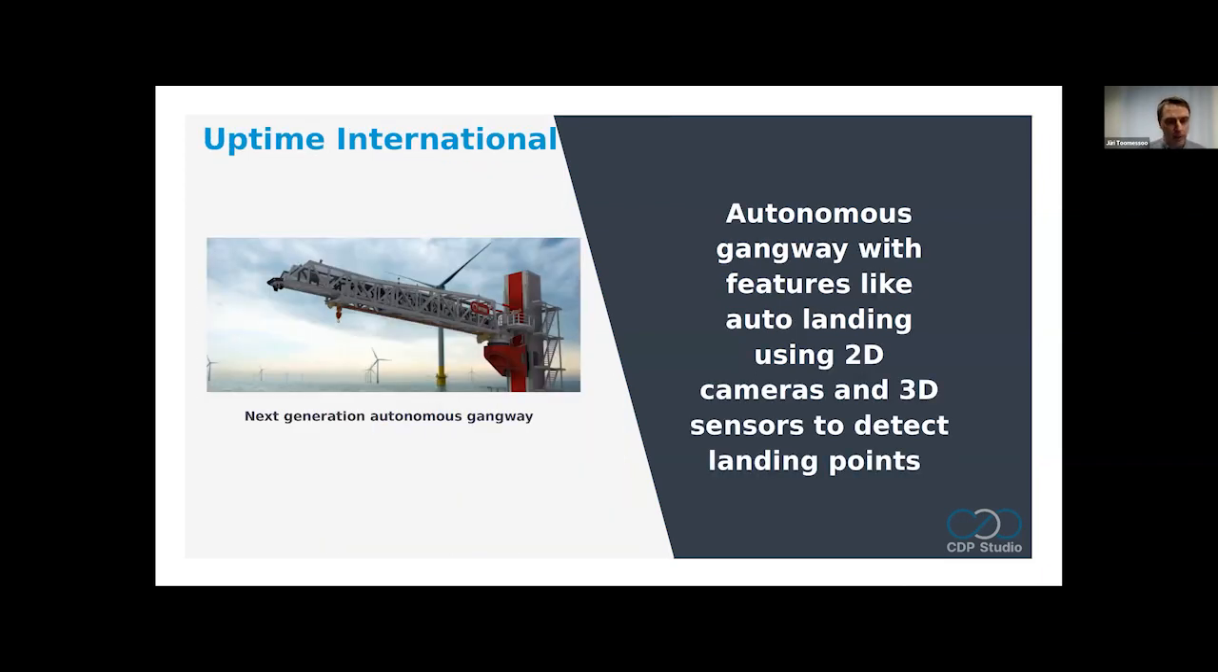Then another quite interesting project CDP has been used for is large gangways. These are up to 50 meters extended and are used to service, for example, windmills. And these are compensated for ship movements. And it has auto landing capability. So basically, during the motion compensation